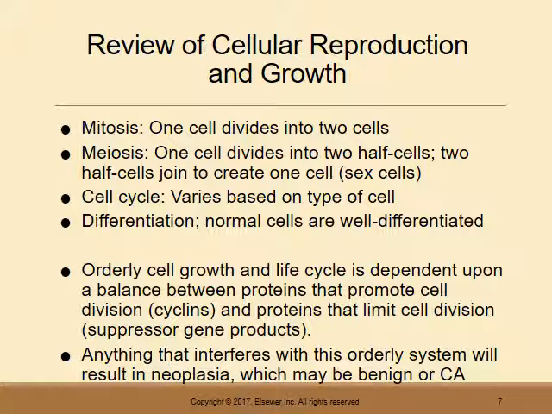The cell cycles will vary based on the type of cell that you're talking about. Not all cells will go through cell cycling. Not all of them will regenerate themselves. For example, the heart muscle. Heart muscle develops very early in pregnancy, about 12 weeks. Once that heart muscle has been completely laid down and developed, you don't get any more cells in that. What you're born with is what you have.